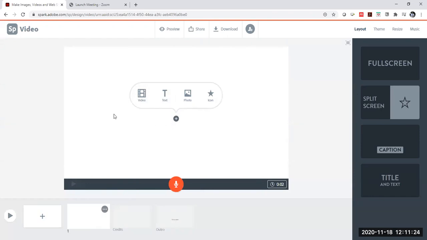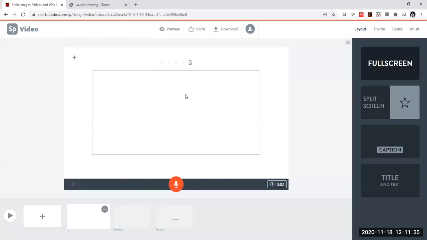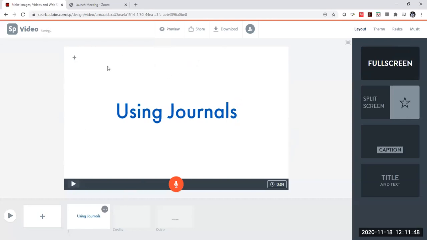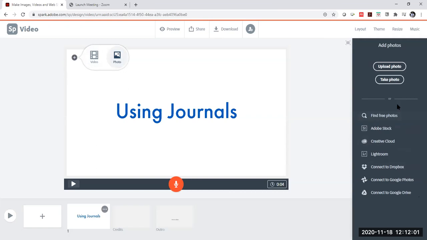So to actually create content, it's very simple. So right now I have my first slide selected, and I have the option. I can add in text. So I can easily select that text button and put "using journals" in here. So it's easy to add text. And then what I can do is, you'll notice there's a plus button. I can hit that, and then I could add a video or photo. Again, this is very simple. All I would do is click on photo. And you'll notice over here in the